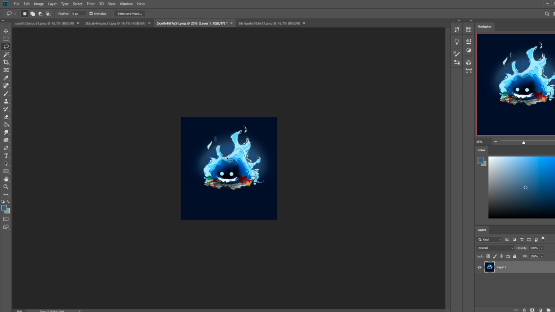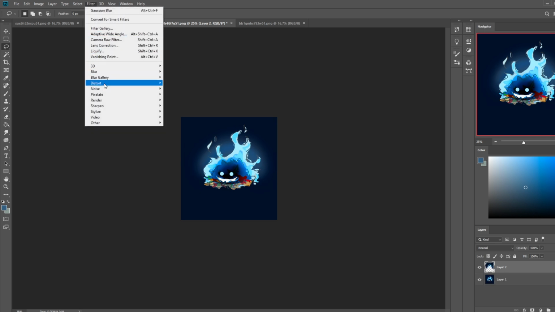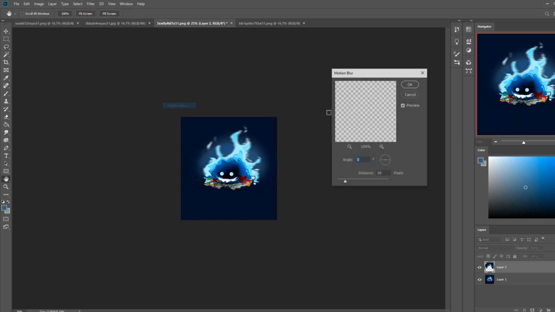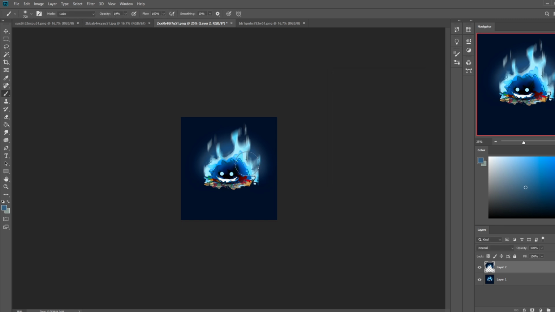Let me see if I can mess with it as if it's a torch, you know, as if it's like a CV, like you'll see. All right, so blur, motion blur. So I'm going to make it a 90-degree angle. And just make it glow upward as if it's a really, really strong flame. And so that's a nice little texture trick.